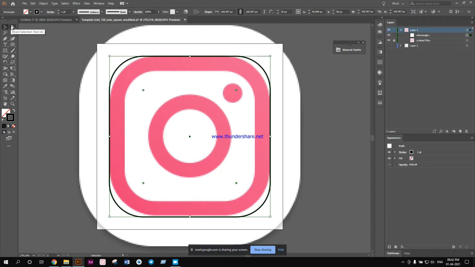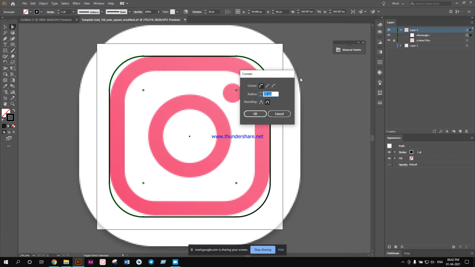As I told you earlier, since I designed my icons to a proper level, I have to click all the corners and leave one corner. Just leave one corner while pressing and holding the shift key and select all the corners except one, and for the last one just double click on it, so you'll see this pop up.